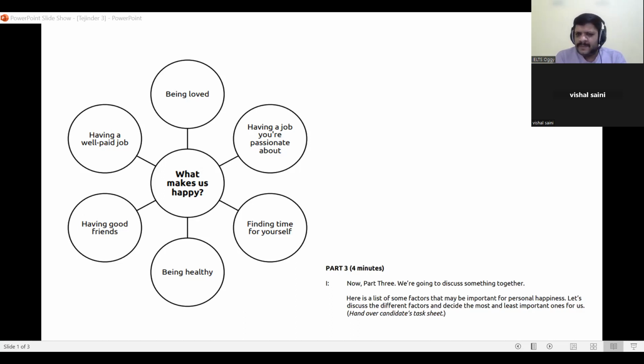Now, there is interaction between you and the interlocutor. Yeah, it's an interactive task. So the interlocutor will speak also, but as I said, your contribution is going to be far bigger. For example, you will speak for 3 minutes, and she might speak for 1 minute. Just as an example, these are not the exact proportions.